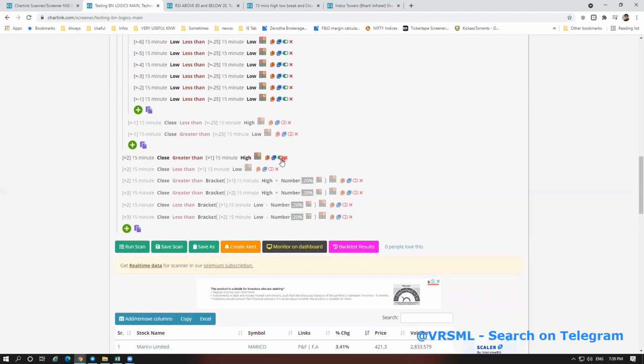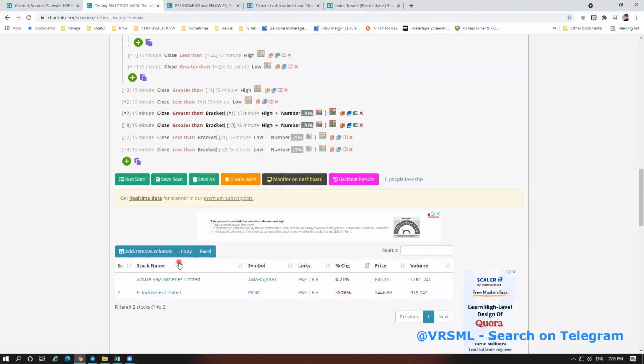Then you want a stock where the ORB is also fulfilled and our 15 minute immediate break logic is also fulfilled. So just disable this filter, enable both filters and run a scan. You will find these 2 stocks. Okay, with the 15 minute high and low also broken, and today the immediate ORB also fulfilled, and our 15 minute immediate break logic, the second candle immediate break logic, also fulfilled. So you will get this buy stock.